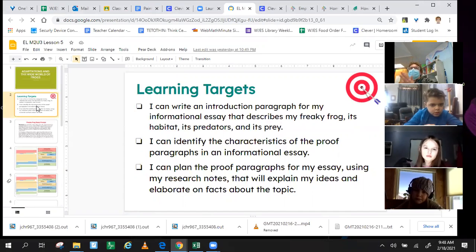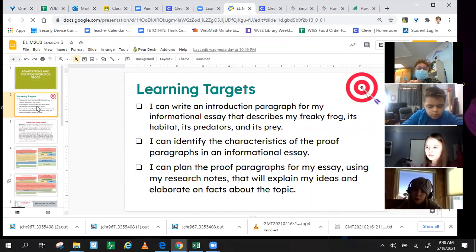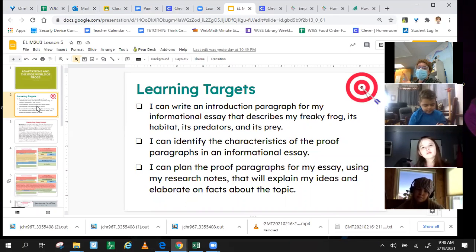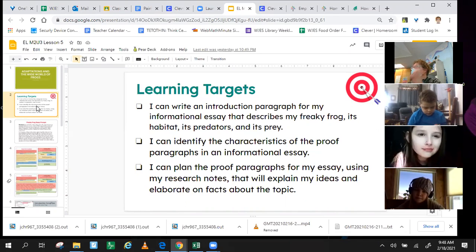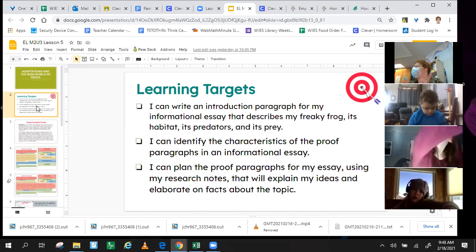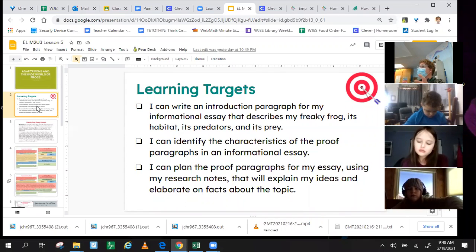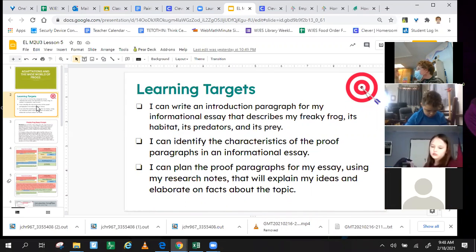All right, today, look, lots of things. So we're gonna get right to it. First one, I can write an introduction paragraph for my informational essay that describes my freaky frog, its habitat, its predators, and its prey. Now, we don't want to just list facts. We want to make it sound interesting, right? Because the whole idea of an introductory paragraph is to hook the reader and make them want to read the